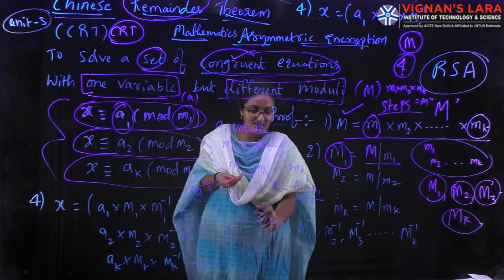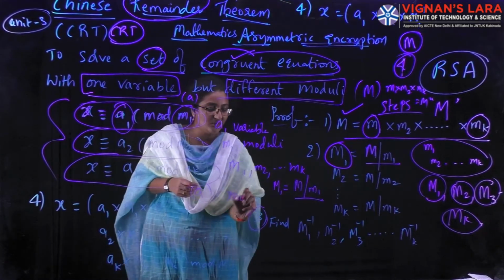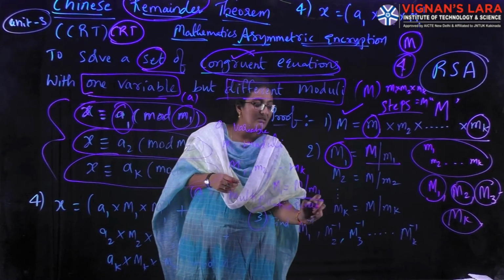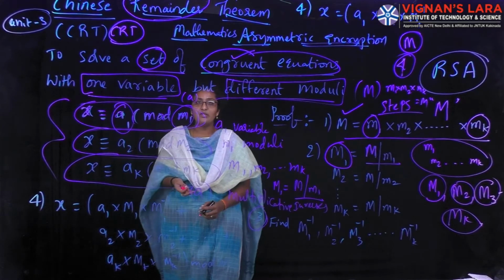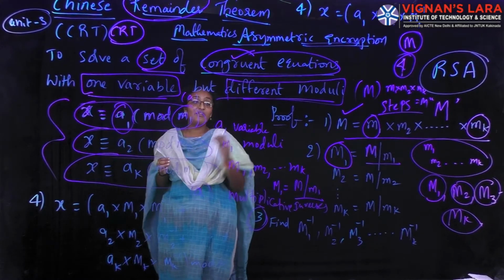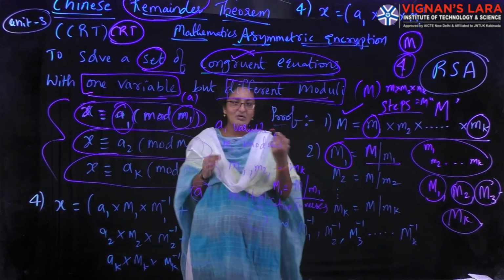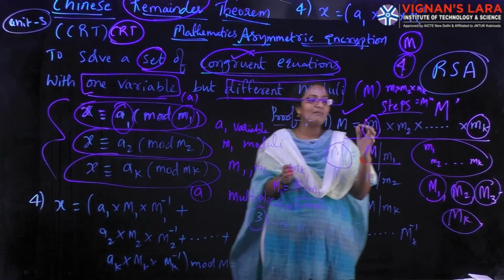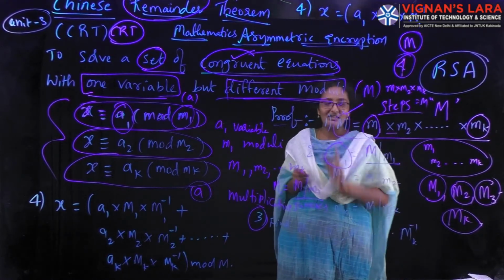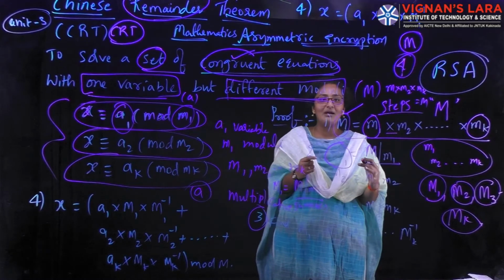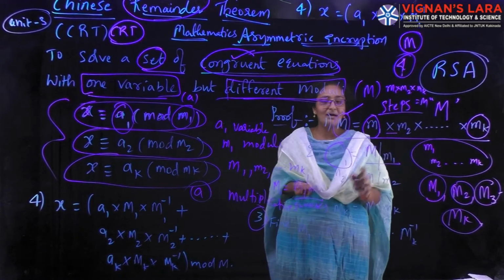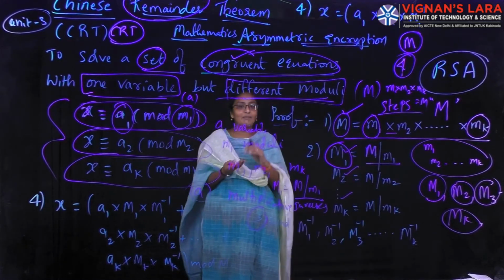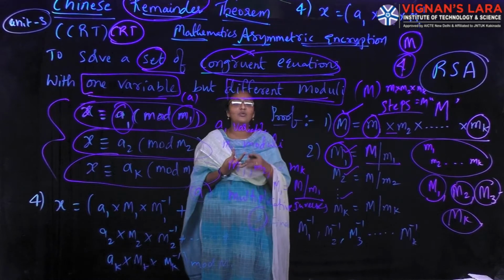What are we doing in the third step? We are finding multiplicative inverses. So simple, all the story is around moduli only. In the statement of the theorem we have different moduli. By collecting all the different moduli and performing multiplication, we got a final modulus value. This modulus can also be divided into parts, so we find the different moduli values by division operation. All these multiplicative inverses and division operations you know from unit 2.